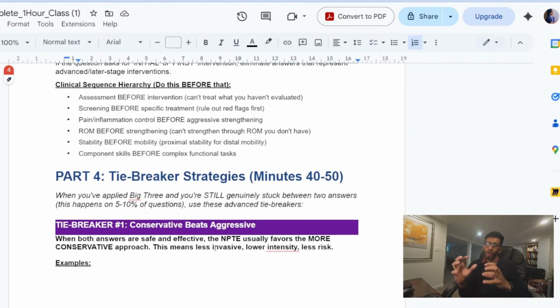So always, conservative beats aggressive. When both answers are safe and effective, usually the NPTE favors the more conservative approach. This means less invasive, lower intensity, lesser risk. So you're looking for safety, right? Always number one, then effectiveness. You're looking for what has research backing, and then you're asking what is the most conservative way of doing things,